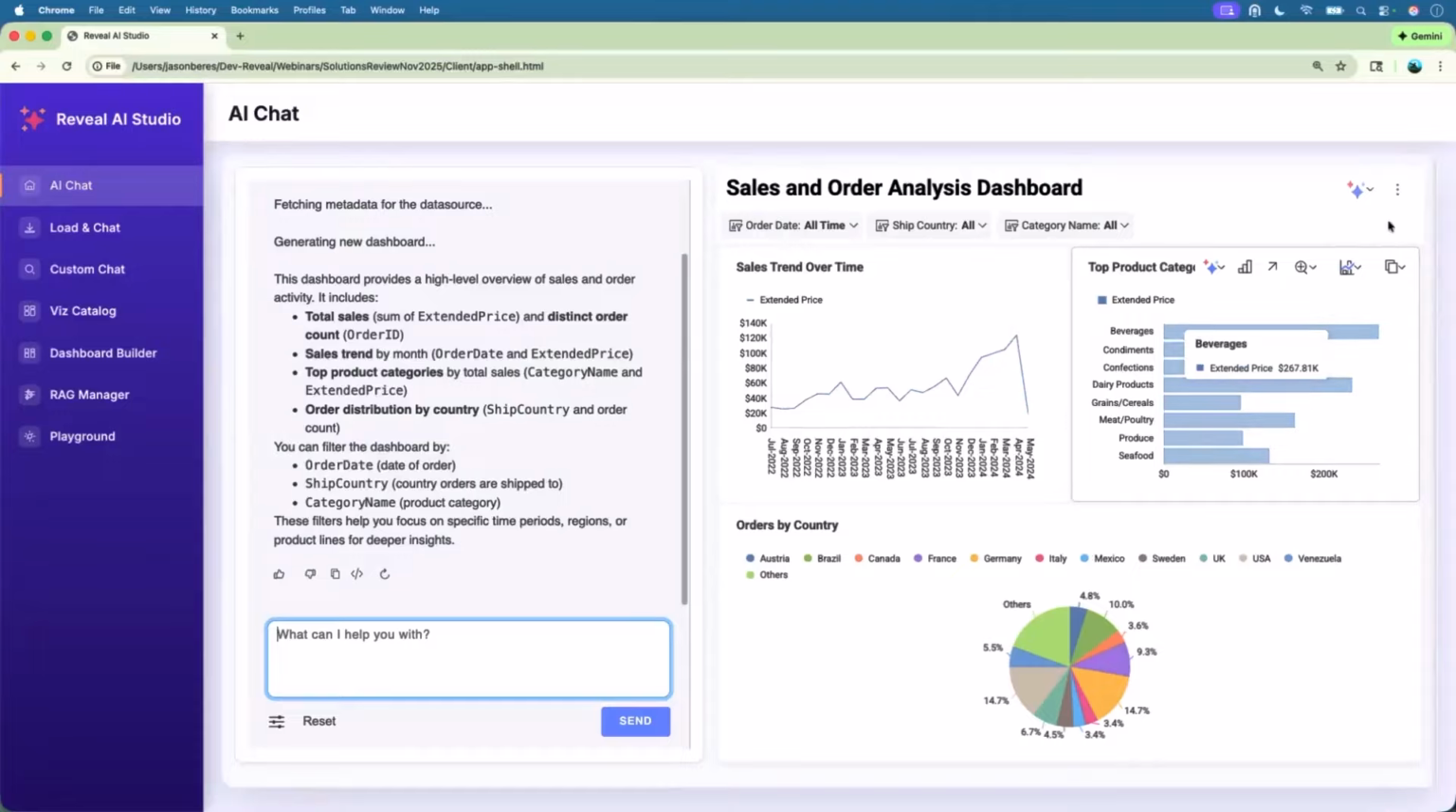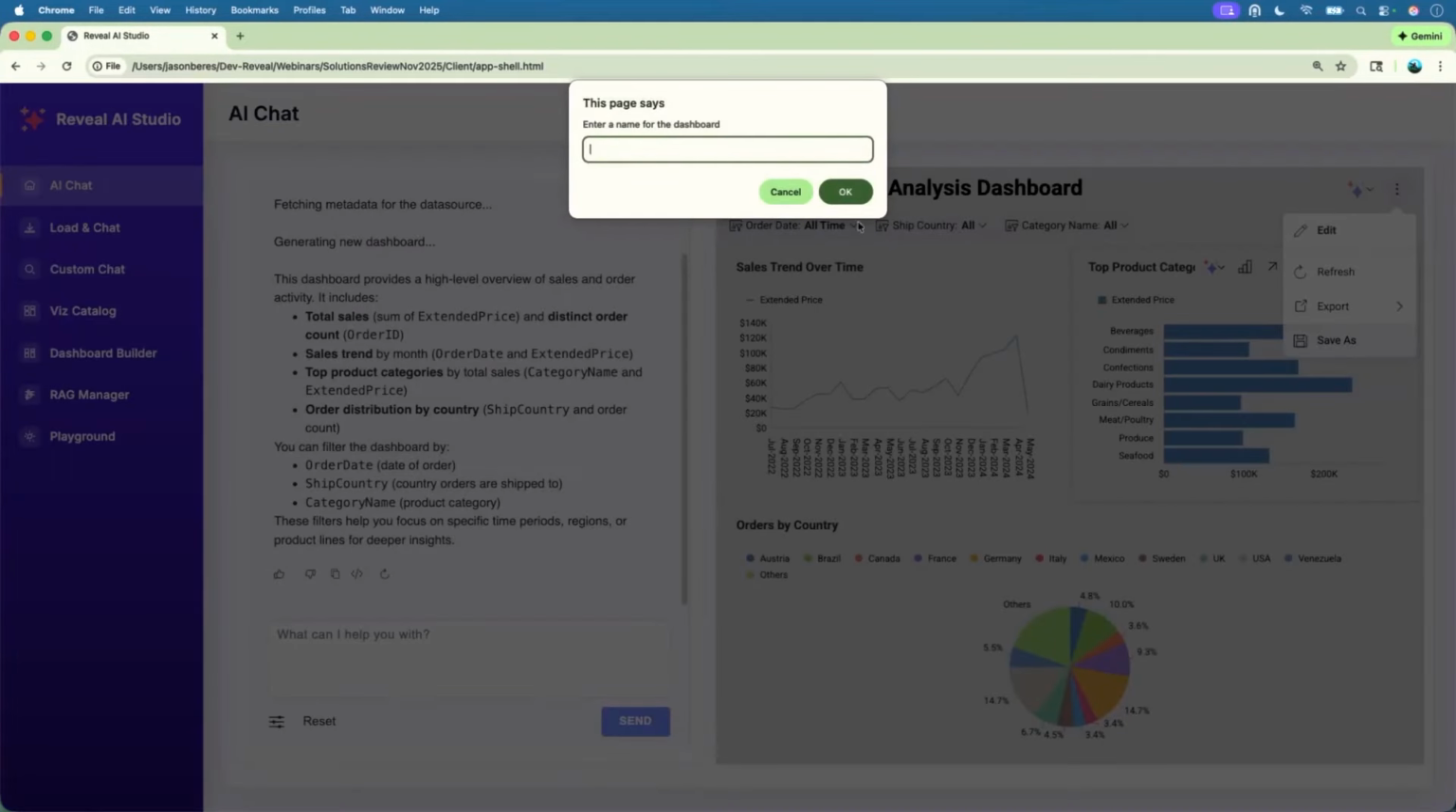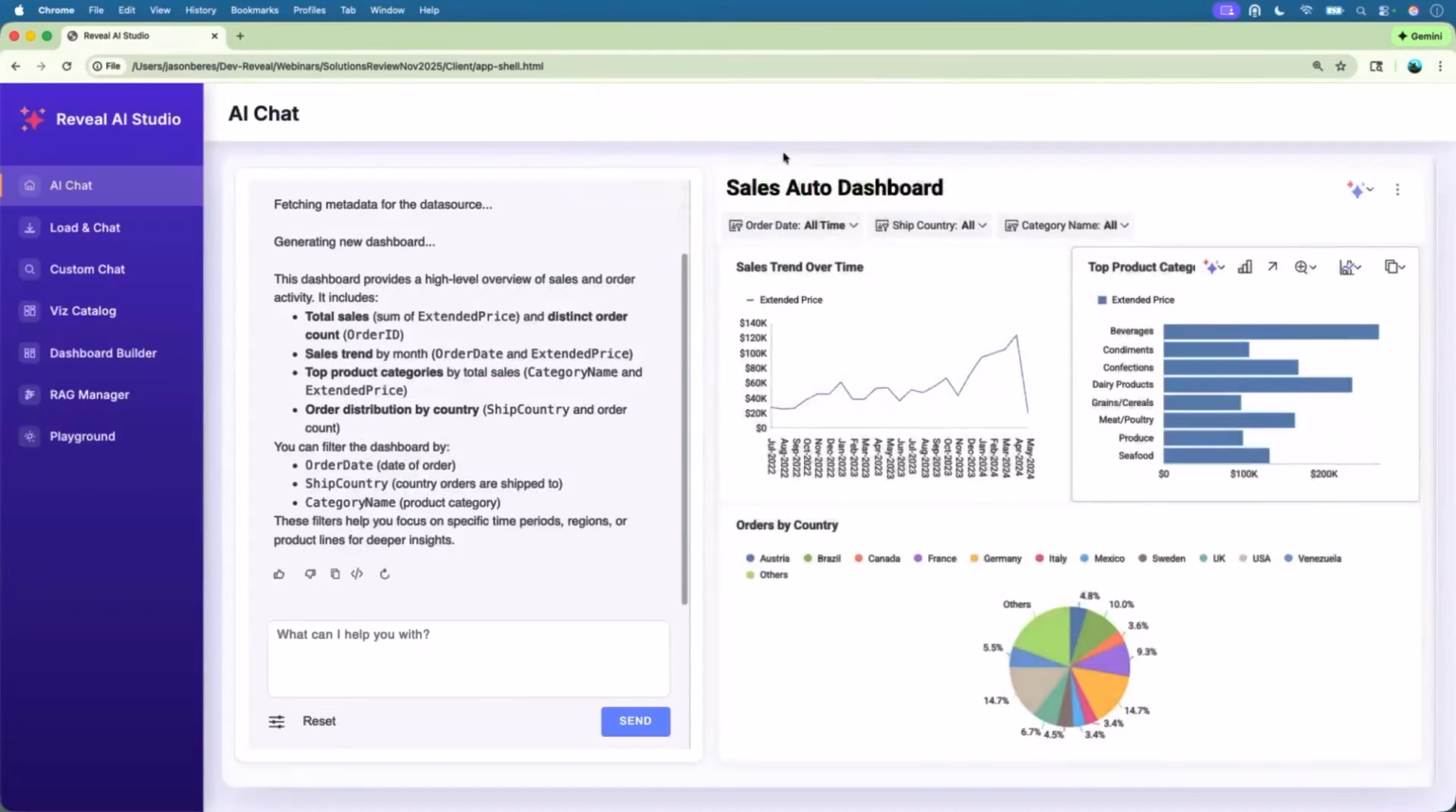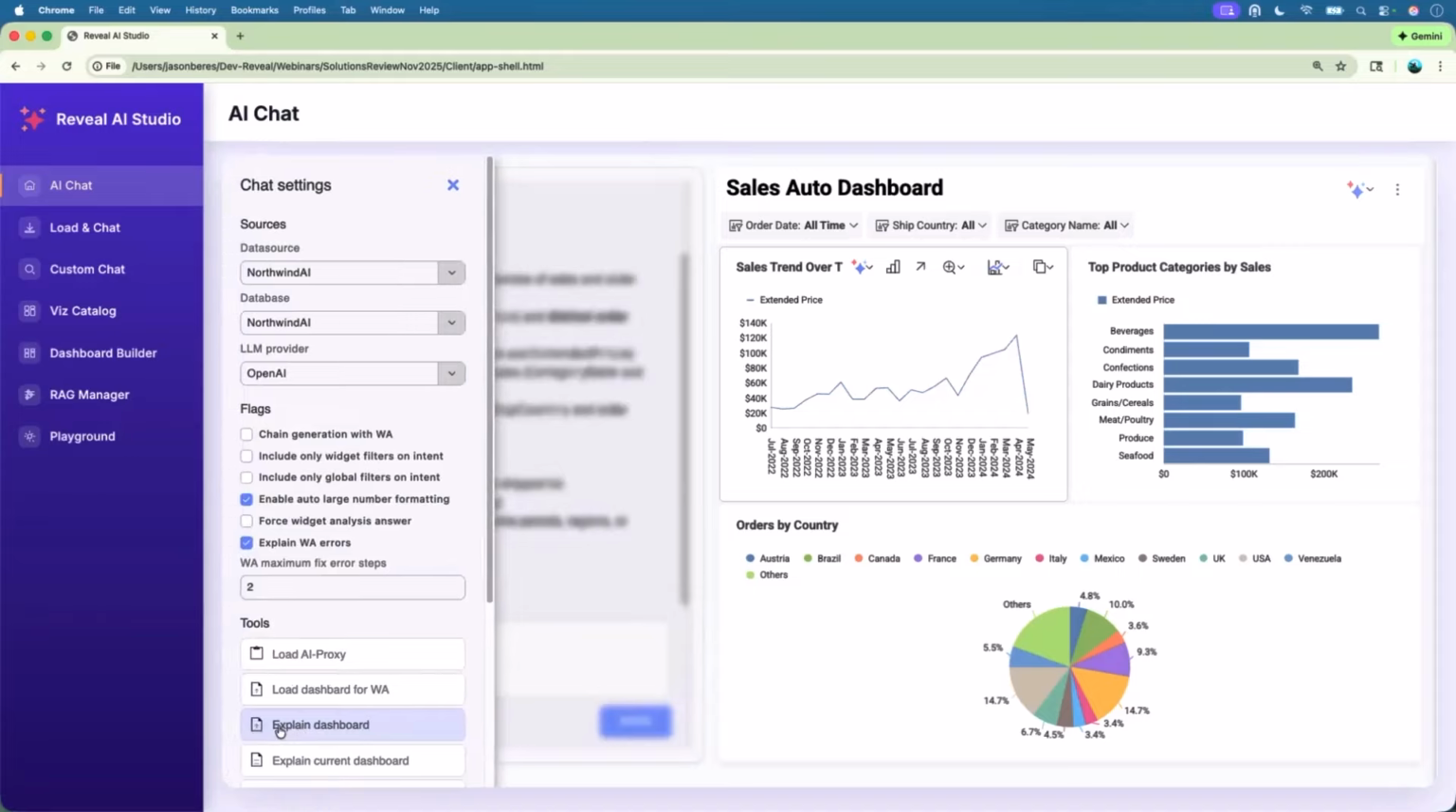They'll save it, and I'm done. In fact, let's save this guy. We'll just call this sales auto dashboard, because I want to save a couple dashboards for something I'm going to show you in a minute. So let's take a look really quick before I ask another question